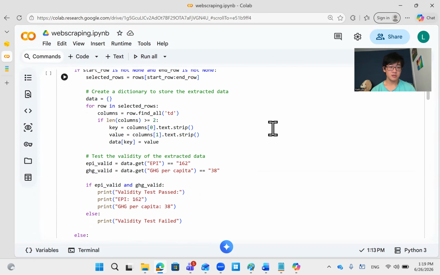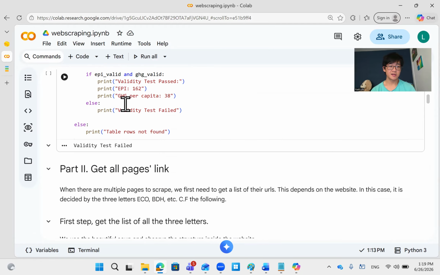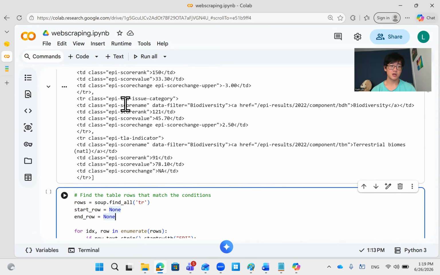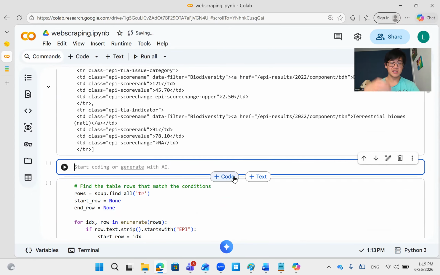Wait a second. Well, this is actually the way we extracted the link here. I'll do it again so that you see how it's done. So if we do again,